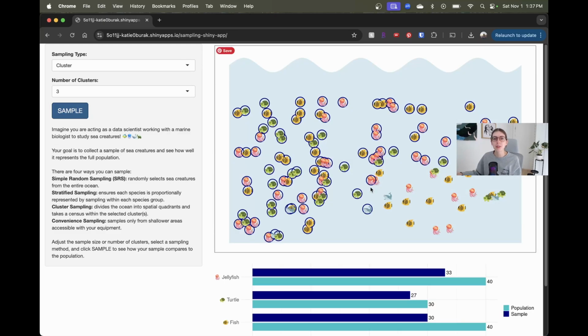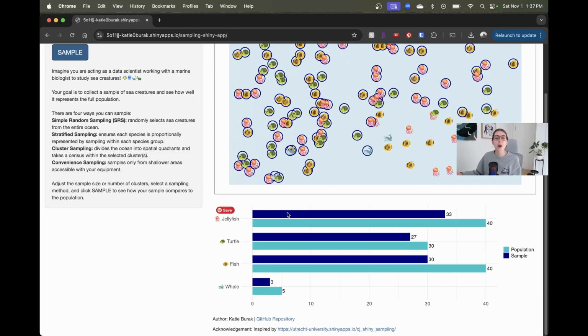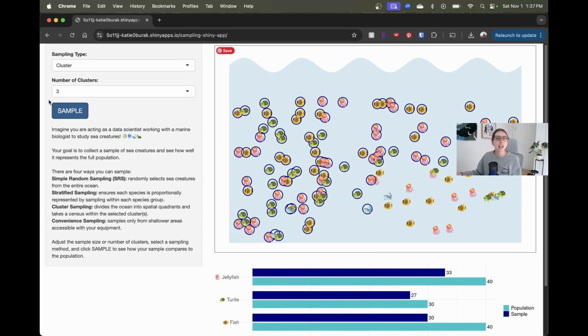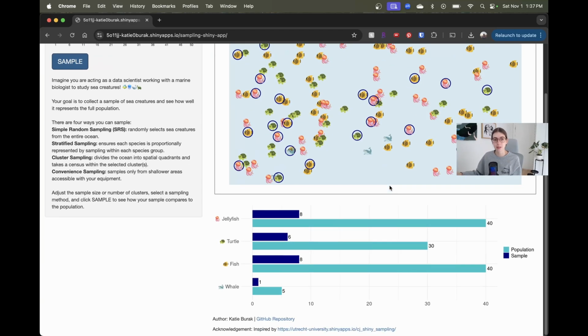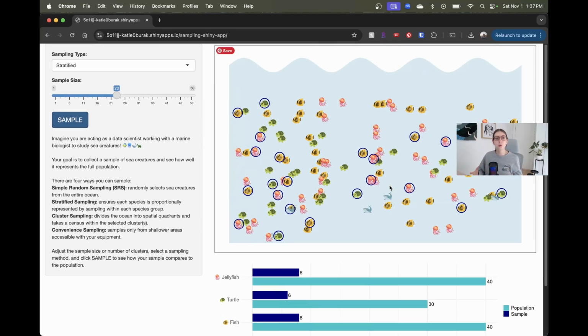We can sample, and we're going to see that this is actually done in real time. It's going to output the counts of the sample versus the actual population. And we can kind of compare what happens when we use different sample sizes for different types of sampling schemes. So this is a really cool interactive learning app that's not really a dashboard, but still utilizes R Shiny in